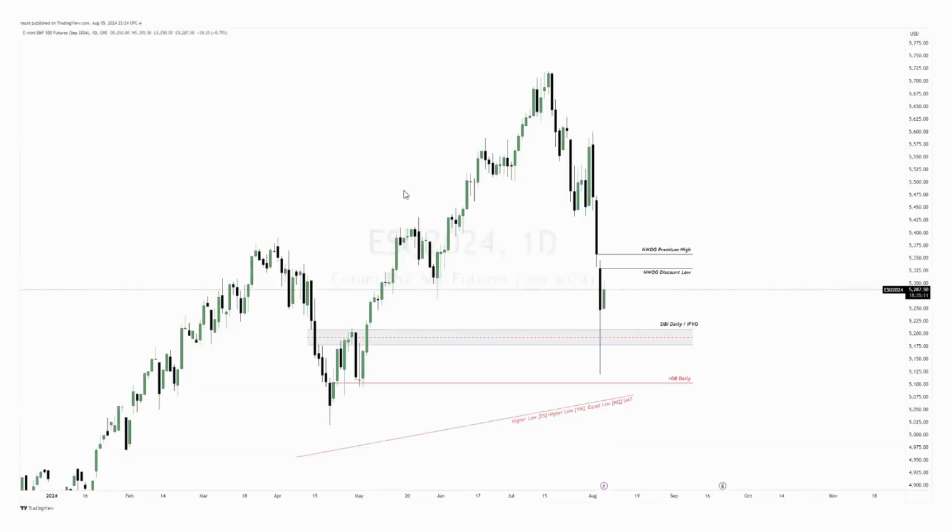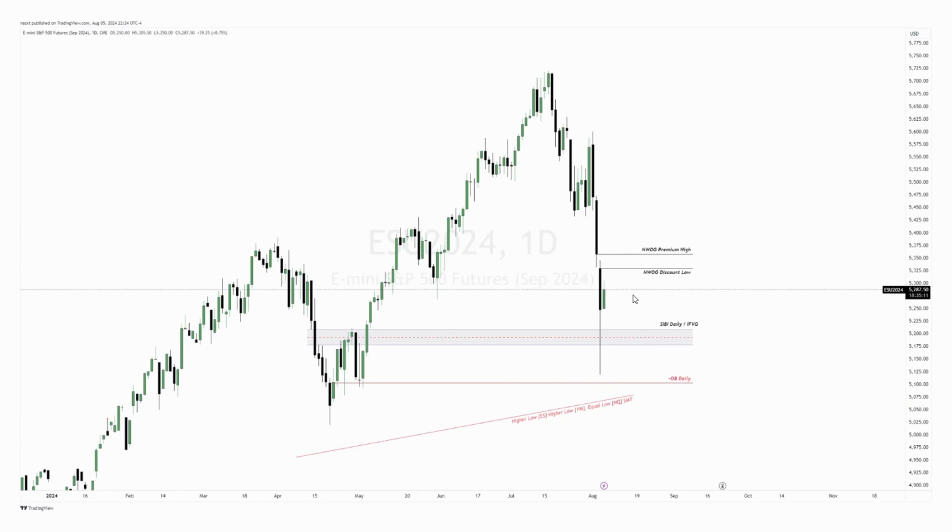So moving on to ES. ES is a daily chart, very macro view of price action so far, clearly bearish. My focus is going to be on this area of price here, the new week opening gap, this sell side imbalance, buy side inefficiency, and turned inversion fair value gap. This order block on the daily, which I kind of see as a sell side liquidity draw, as well as the low that ES made in comparison to NASDAQ and the Dow. So we'll get into that a little later.